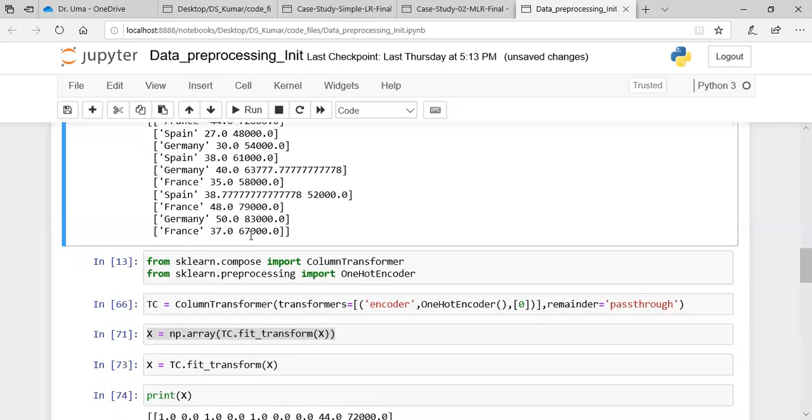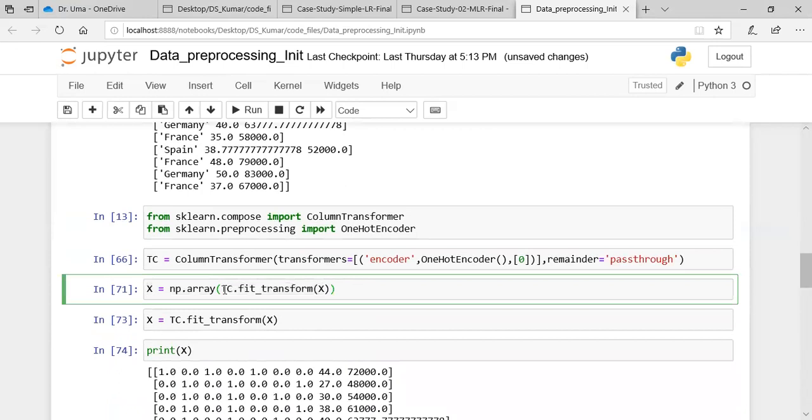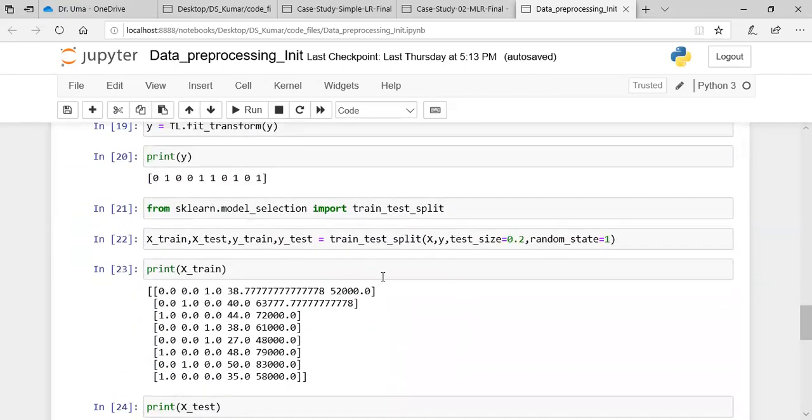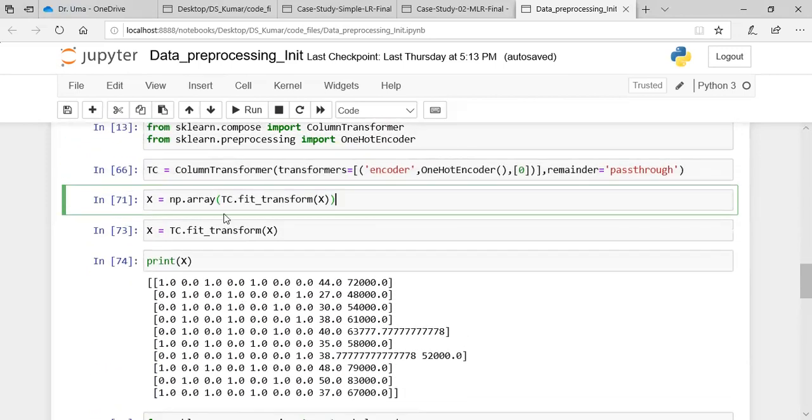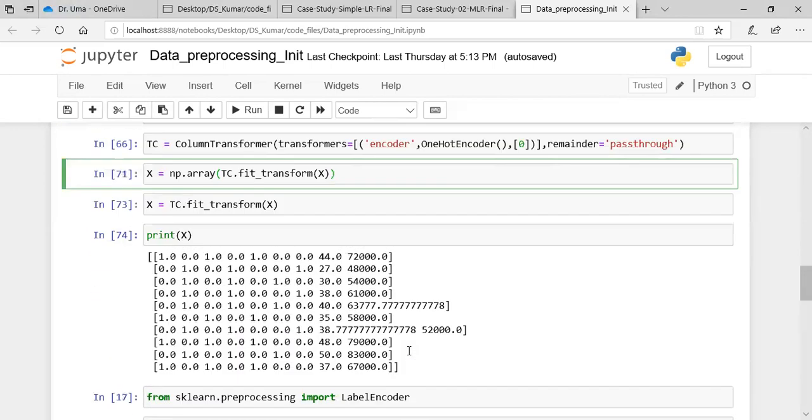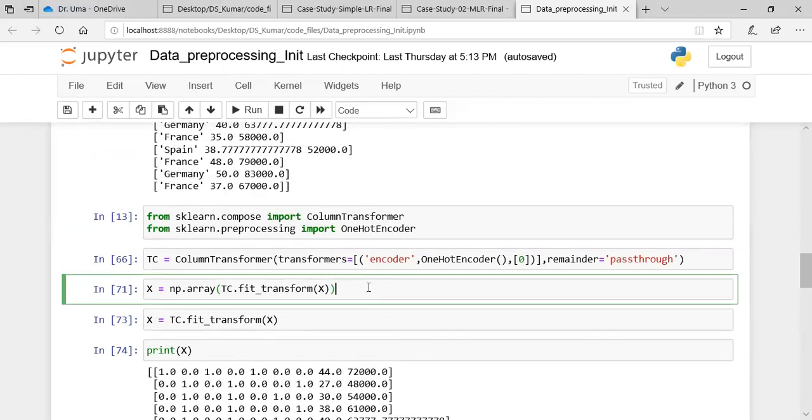But the problem here is, friends, if you are not converting into this particular array, we'll be caught in the applicability of the algorithms in the training and test split. One of the important aspects is, if I want to apply some kind of mechanism, my x train as well as the x test, y train and y test must be in the same dimensions. That is the reason why we are making use of this particular array. You may not get the error at this moment, but certainly while implementing the algorithmic aspects, it is expecting the arrays, because we are always dependent on